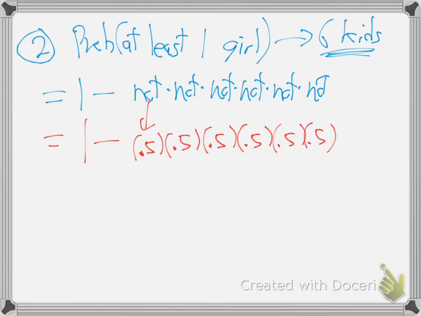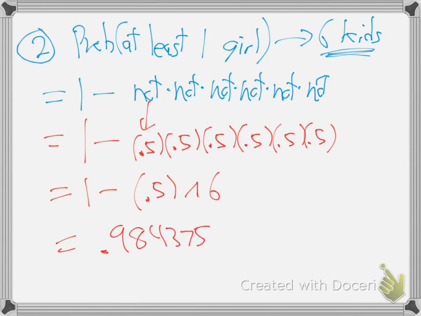So hit the buttons on your calculator. 1 minus. Oh, do you guys know the power button? That'll save you time. The up arrow 6 will do 6 of them. So 1 minus 0.5 to the 6th. I did 11, that didn't work. But 1 minus 0.5 to the 6th. There we go. I got 0.984375. Did you get that?